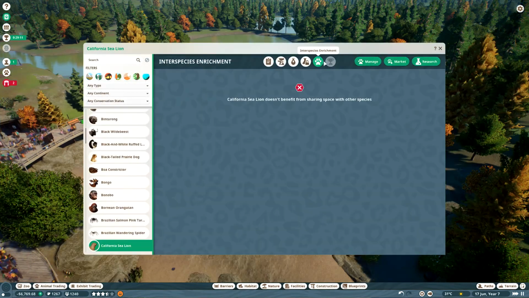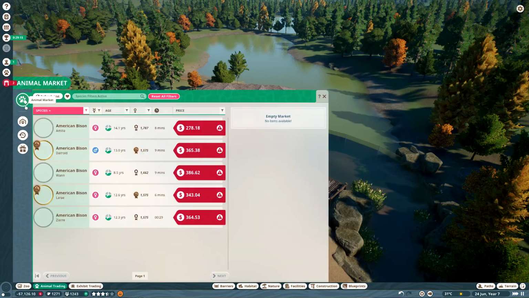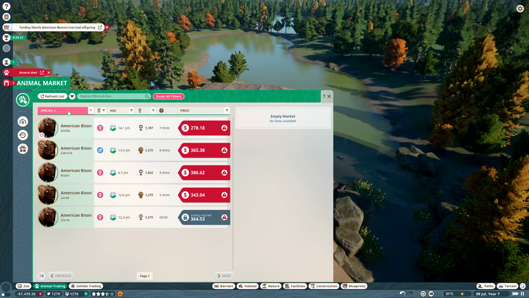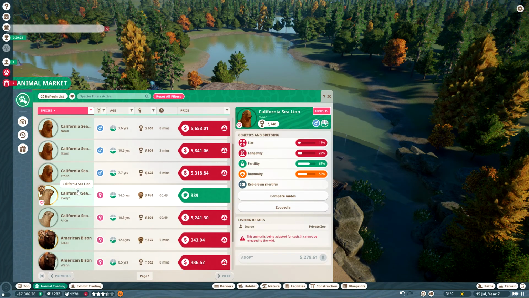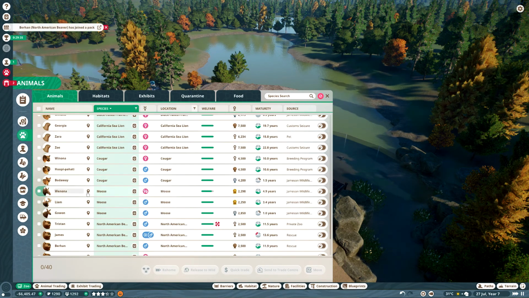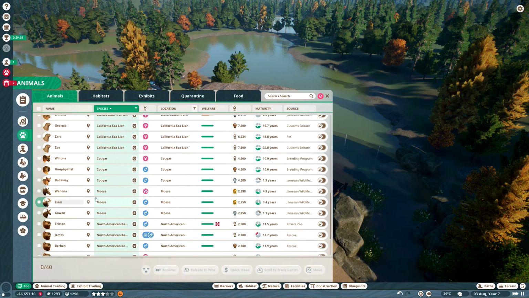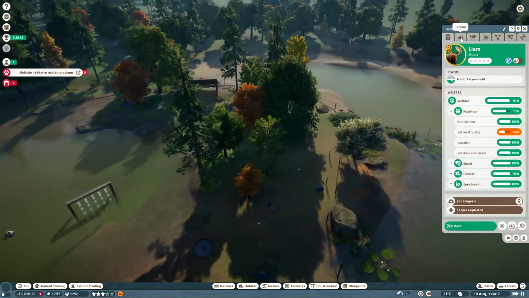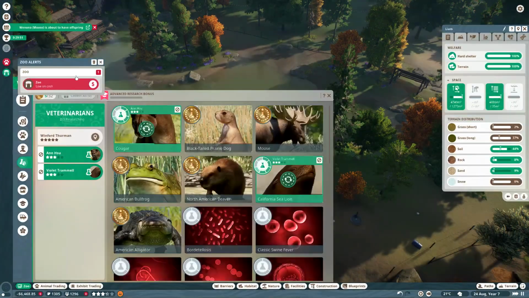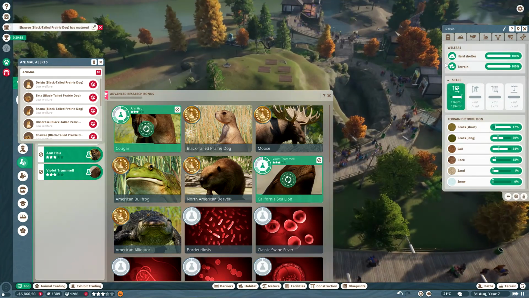I don't even have the money to buy any of them, so as long as they won't be available for conservation points, I won't be able to get any. I would like to have a male sea lion as well, because there's only females and breeding is just good. They get you money, they get you babies, and through the babies they indirectly make you money as well. Alright, so